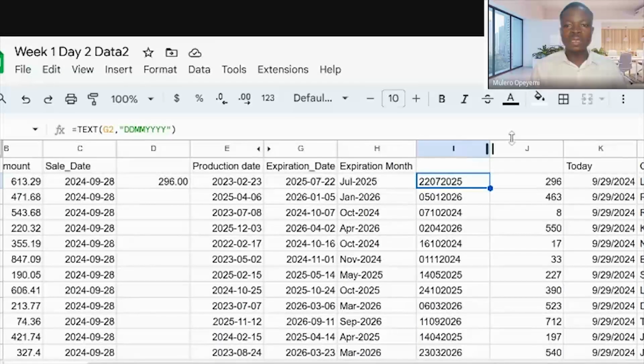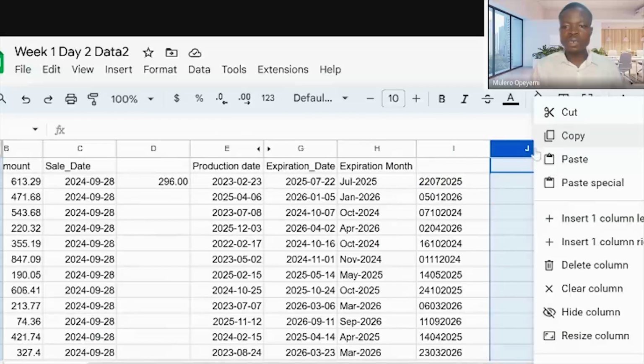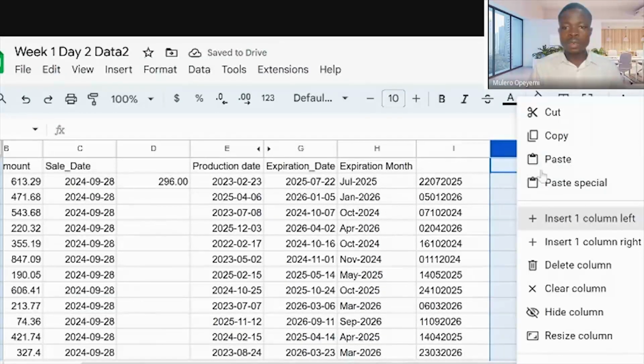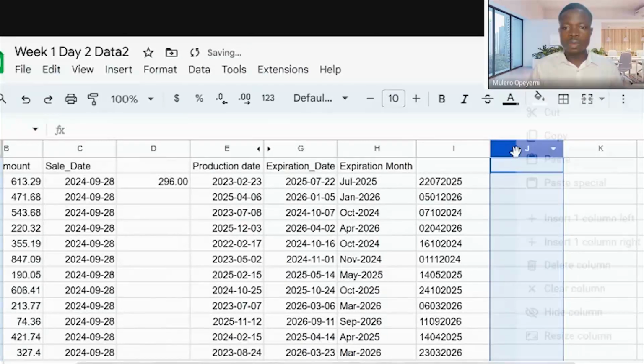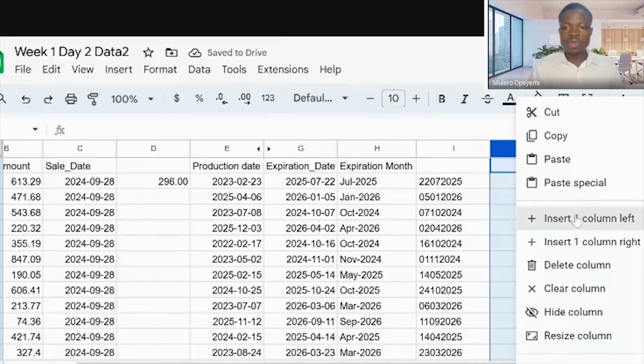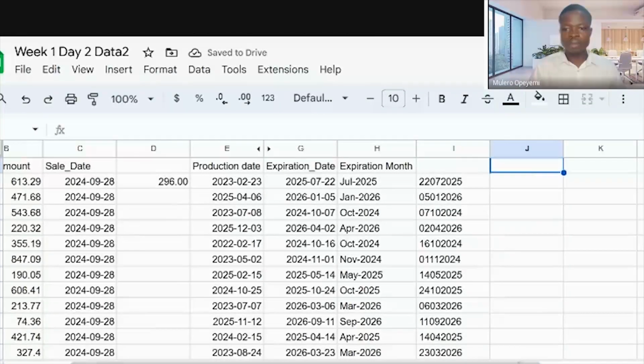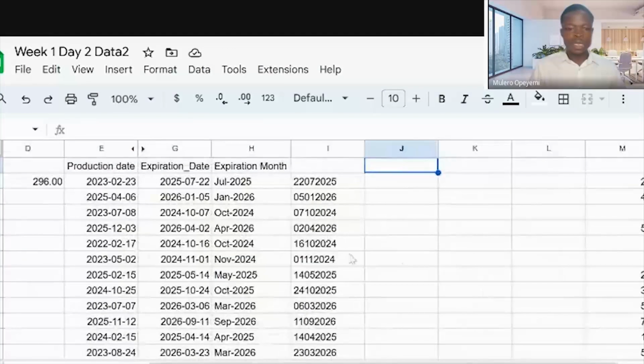So I'm going to create three columns, not cells now. 1, 2, 3. So let me call this one LEFT.